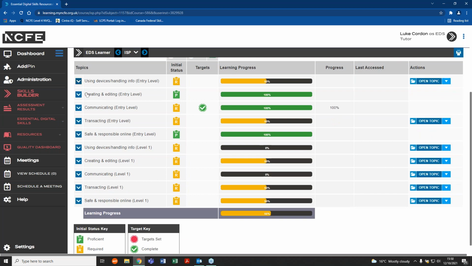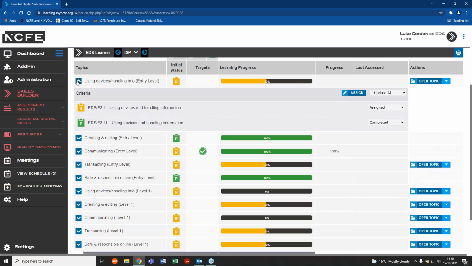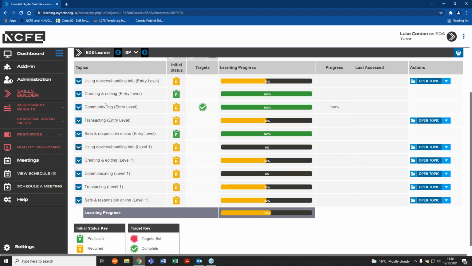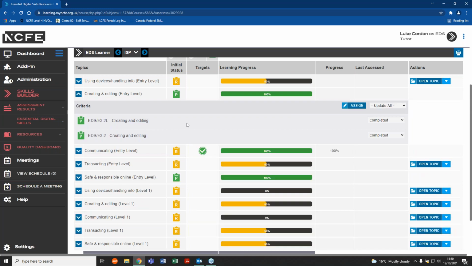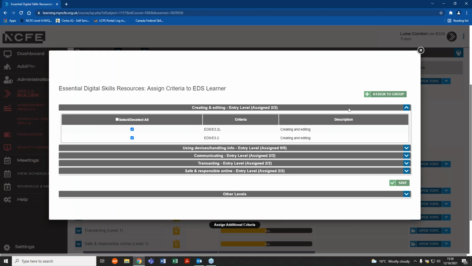So within here, I've got all of the topics, and if I use these blue drop downs, I can see the criteria that is assigned to my learner. And for example, with some of these, creating and editing, they're already proficient at entry level, so I may want to assign that higher level content at that point. So I'd go into that blue drop down. I've then got a blue button here, which is assign. And if I go into that, I now have access to all of the content for essential digital skills, and